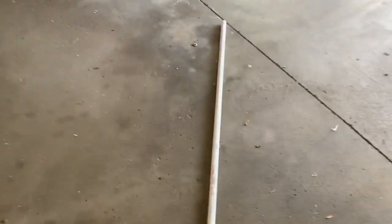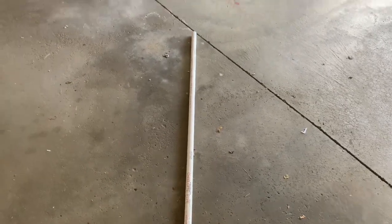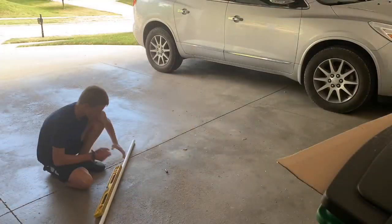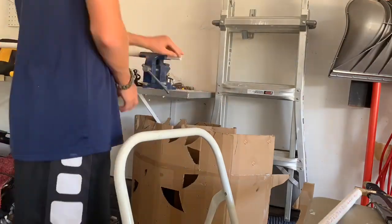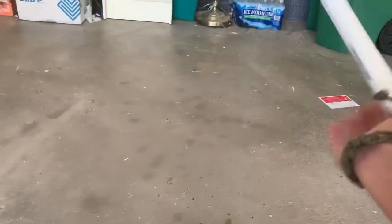So this PVC pipe is about 61 inches long, and that's good because we're gonna cut segments out of it that are each 20 inches long. Let's do that. These 3 cut out. You're gonna get one of them. It doesn't really matter which one. They're all kind of different lengths. These 2 are probably the closest here, so I'm gonna do this one because it's a little bit longer, and